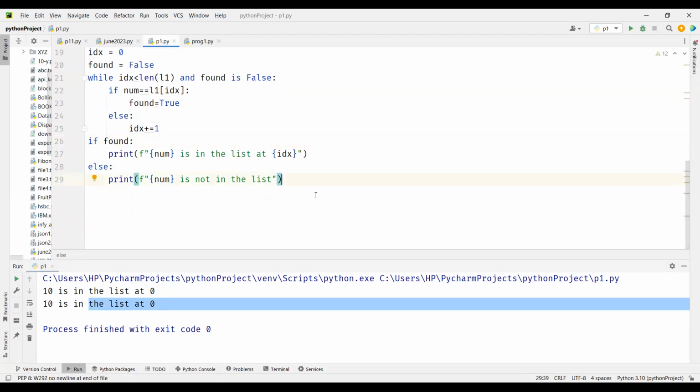The second type, which is mostly used, is binary search. Binary search works on sorted lists. So to work on binary search, first you have to sort it. And instead of going from left to right, you go from the center. You check the value at the center. If I have to take you through it in Paint,